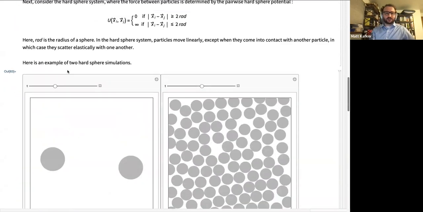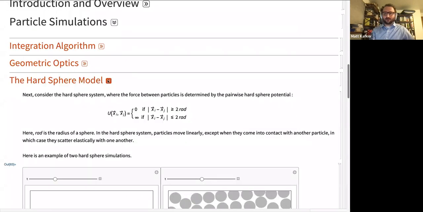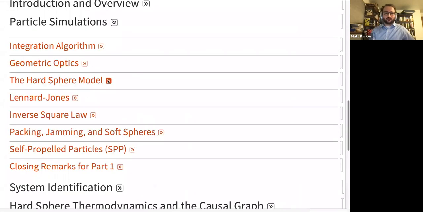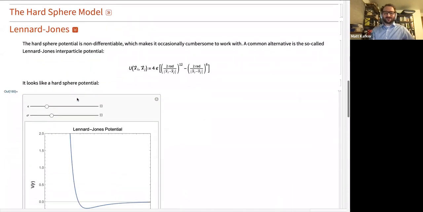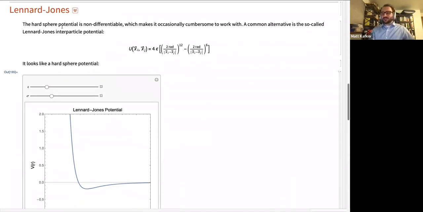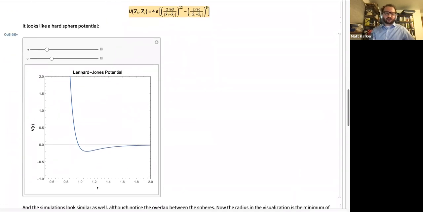We're definitely going to talk more about these, but this is the general setup, and you all have immediately found all the holes in it. Good, we'll fix them. So if you don't want to use a discontinuous potential that involves infinity, you can use Lennard-Jones, which has this bizarre form, and perhaps I could have written this a little more clearly, but it has a 1 over r to the 12th minus 1 over r to the 6th, and it looks like this. So this is like a continuous version of the hard sphere. Sigma is going to be the diameter of the sphere here. And then we have this epsilon parameter.